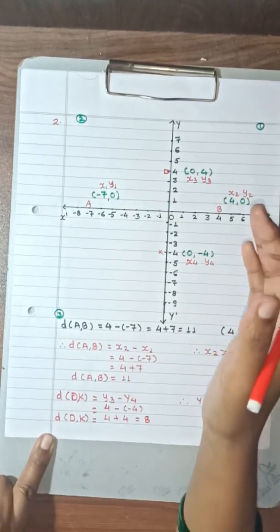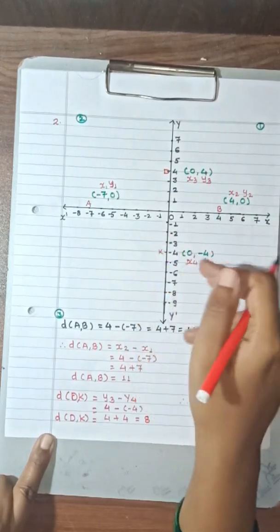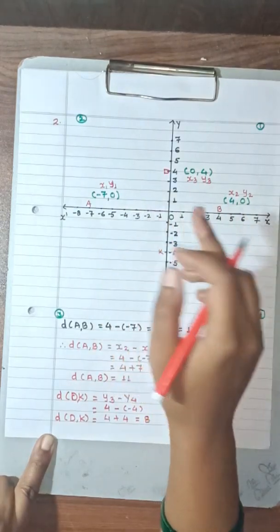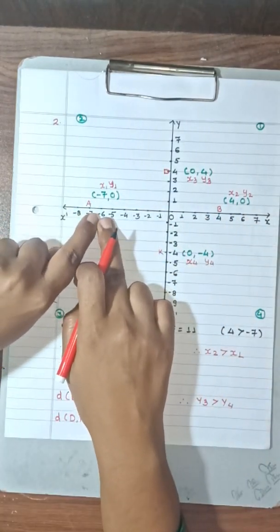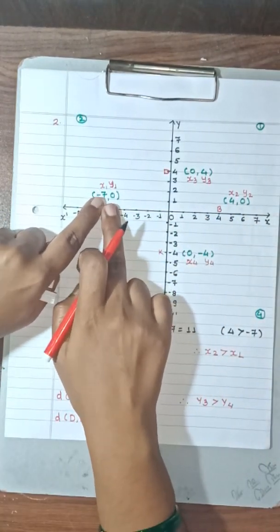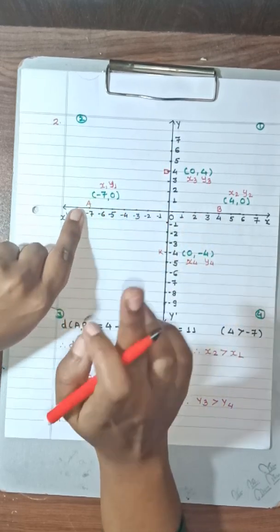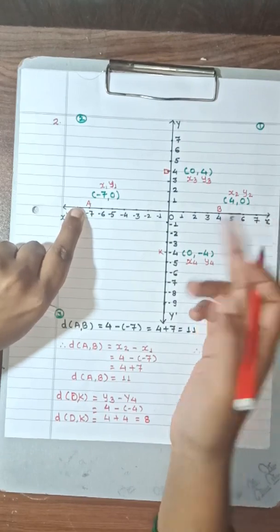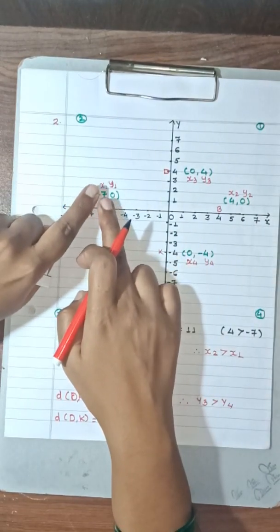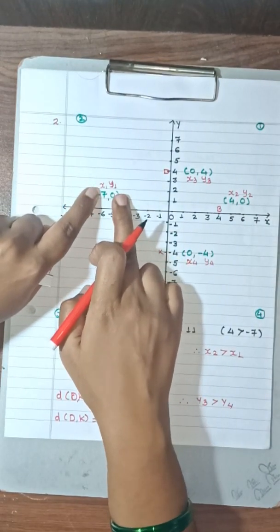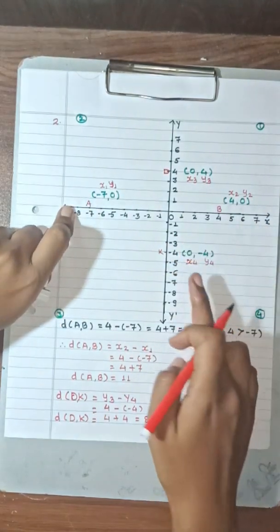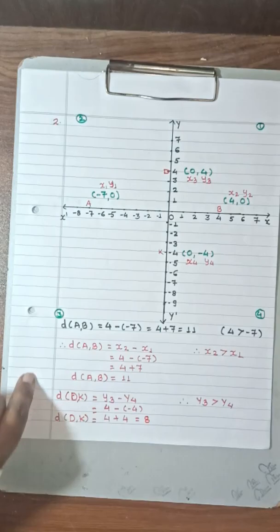In this way you have to find the distance between 2 points given on the axis. First of all, consider them. Now first, always write the coordinate as x, y. First you write the coordinate of the x axis and then the coordinate of the y axis. Then it becomes easy to write down x1, y1, x2, y2, x3, y3, x4, y4. I hope it is clear till here.